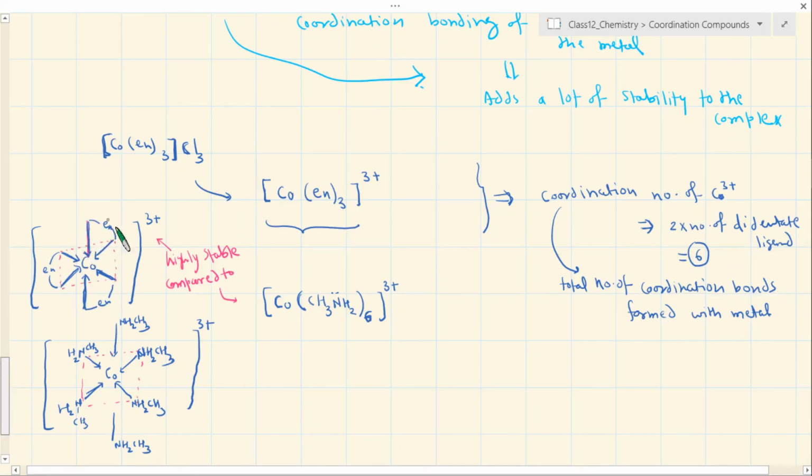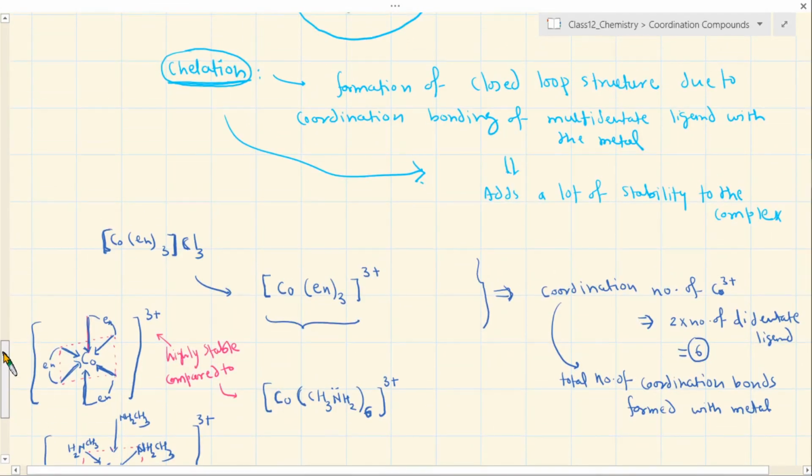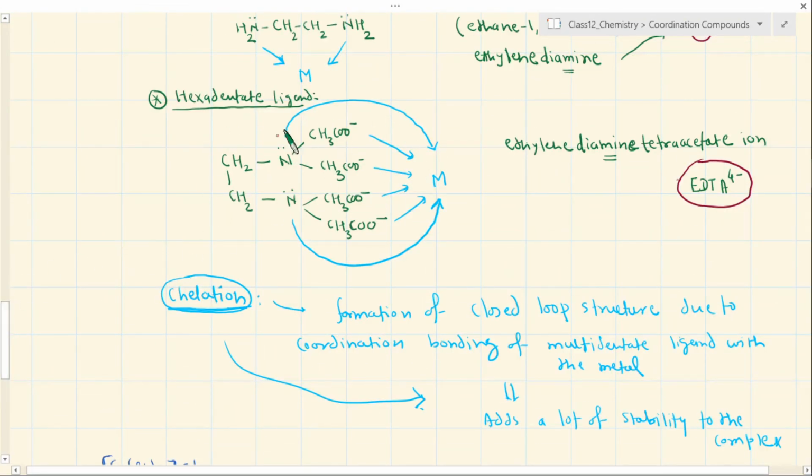Now if you increase the multiplicity of the bonding by a single ligand, that means you are increasing the possibility of chelation by the single ligand. For example, this is the best example, ethylene diamine tetraacetate. It forms so many loops with the same metal by a single ligand. So this adds enormous stability further. And with any metal, whenever EDTA forms the bond, it forms a very strong bond. EDTA is one of the reagents used to find out the hardness of water, because it can very easily chelate with calcium and magnesium. It is also used to remove the scale, which is generally the calcium magnesium salt on the vessel surface.